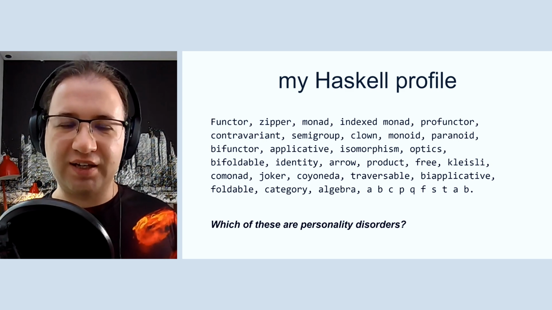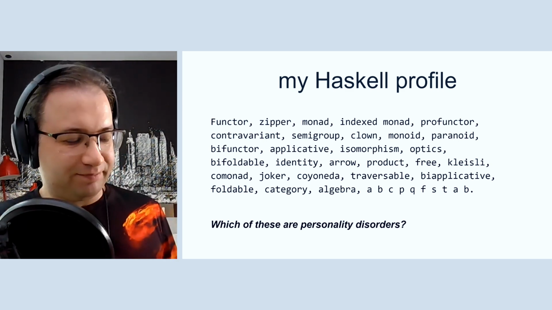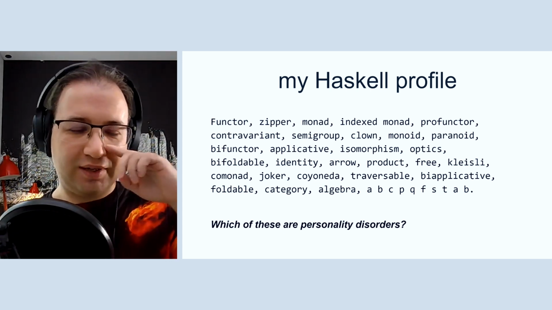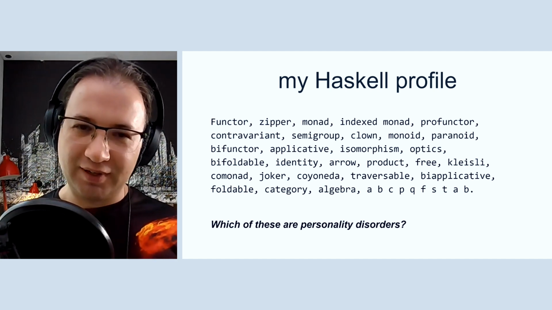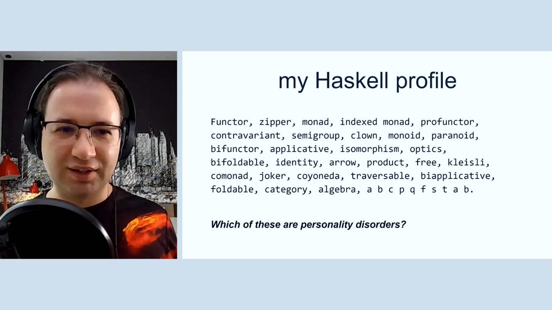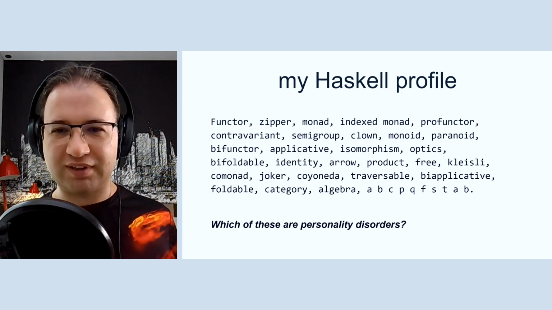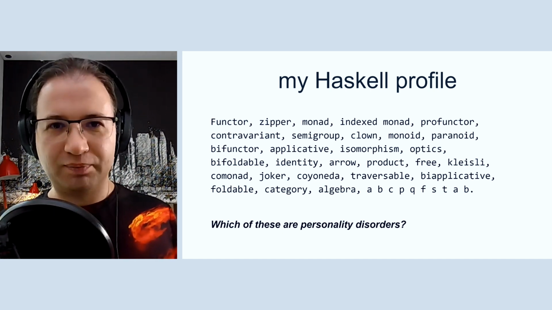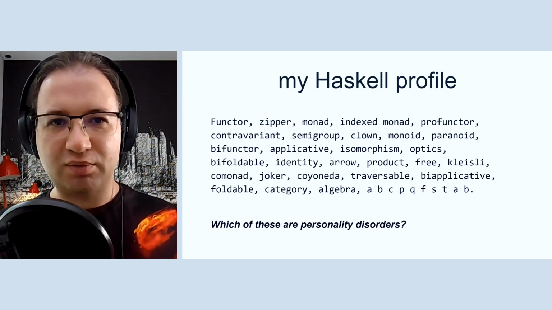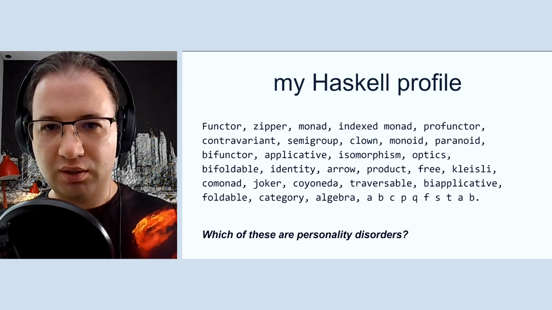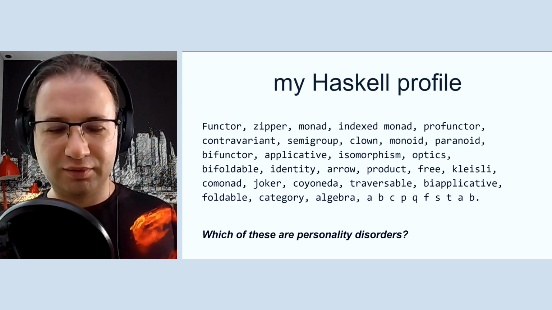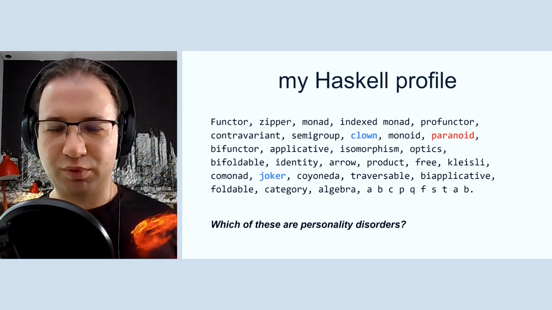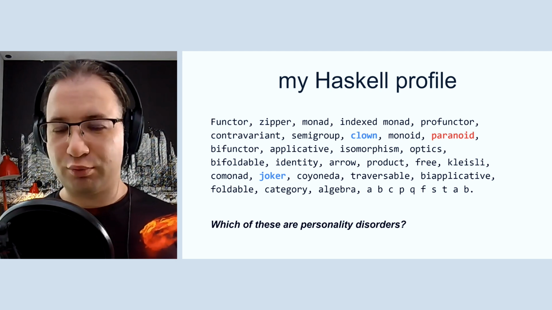I love showing this slide to my audience. Those are my Haskell buzzwords. Well, not quite mine, but still, those buzzwords are real, except one. Do you see which exactly one buzzword doesn't belong here at all? What is a personality disorder here? Can you spot it? Well, I don't really see anything in the chat. Maybe you can show it in the chat. But all right, I'll show you without keeping the intrigue. Paranoid doesn't belong here. It's a personality disorder. On the other hand,